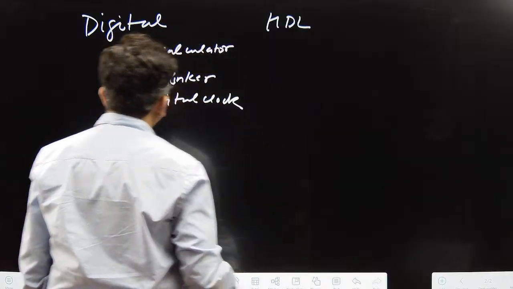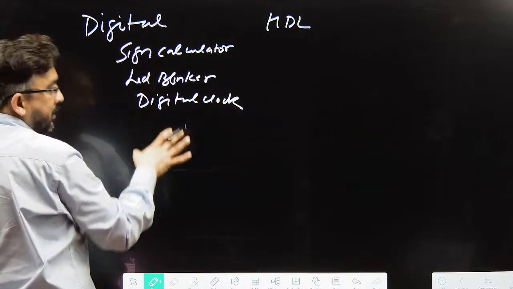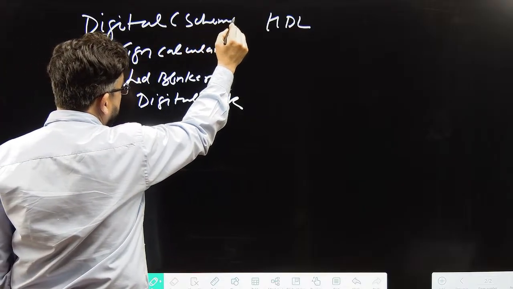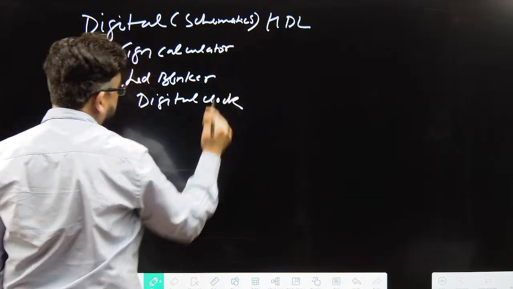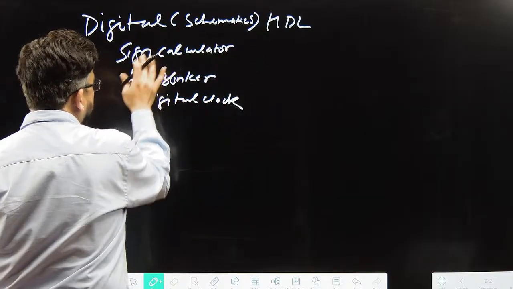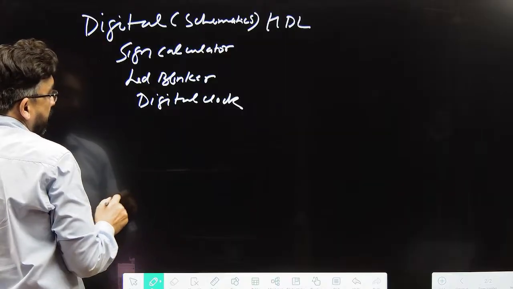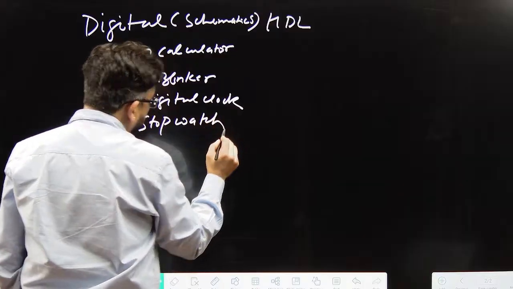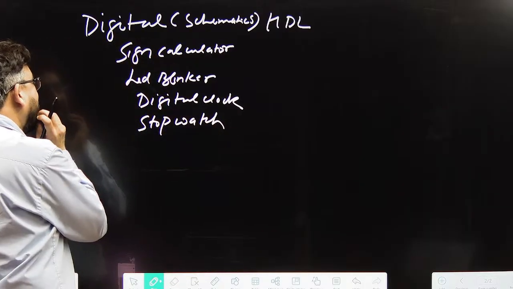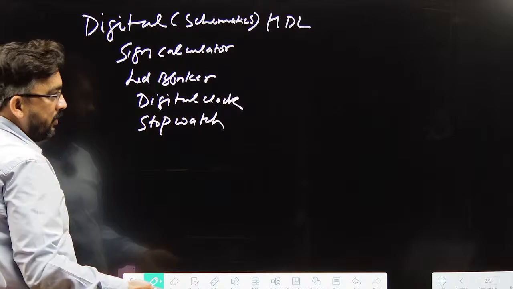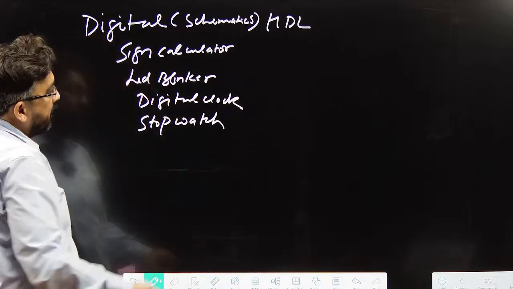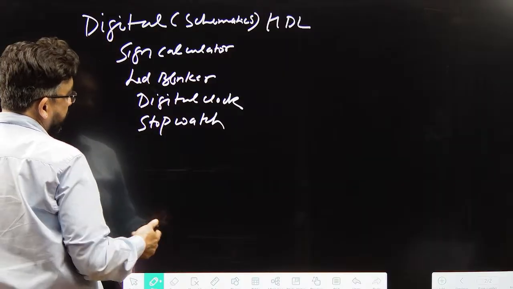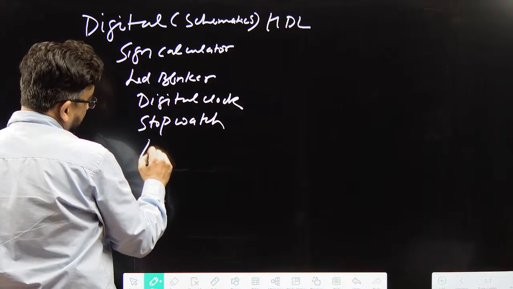So whatever you will design with the help of digital, with a schematic design, whatever your LED blinker, your sign calculator, your digital clock, your stopwatch, it is up to you. Basically, if you want to design all, you can design all. If you have started thinking from first year, second year, you have a lot of time. You can design a lot of things. Stopwatch and algebraic,